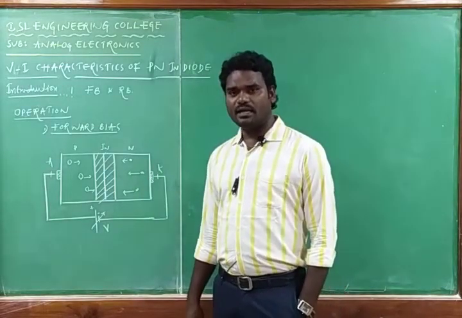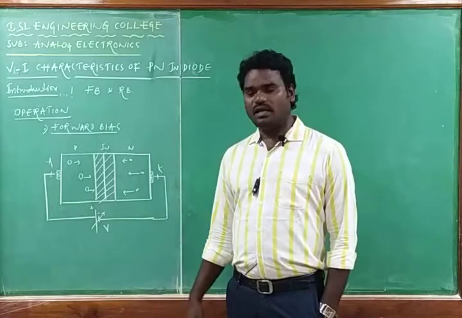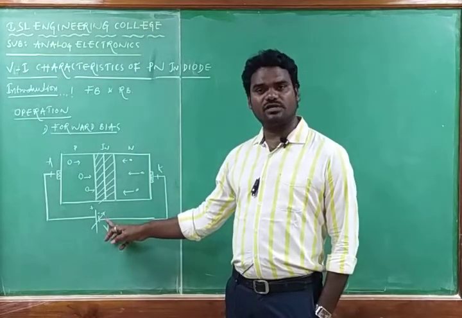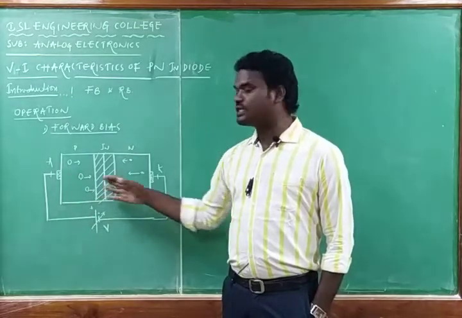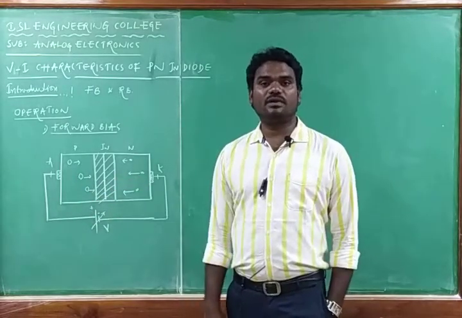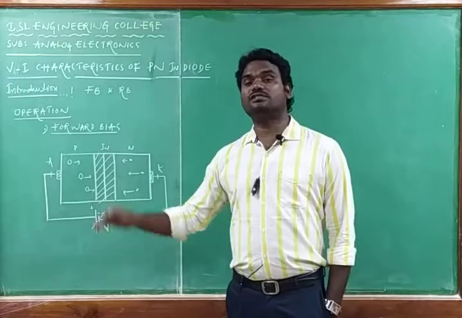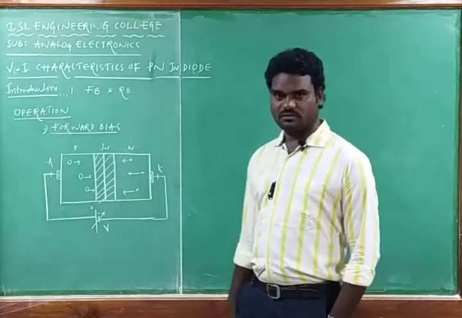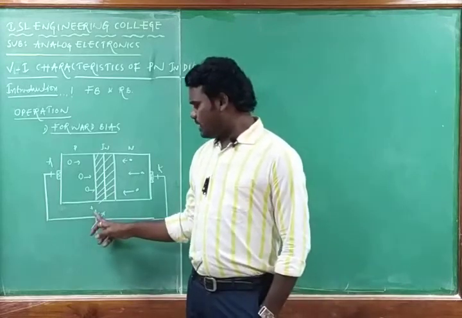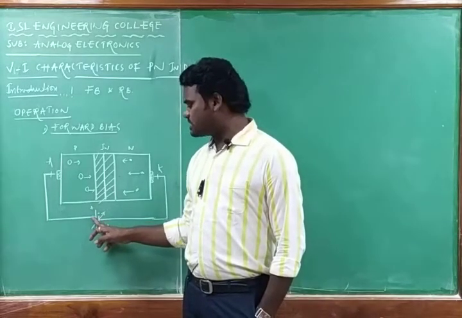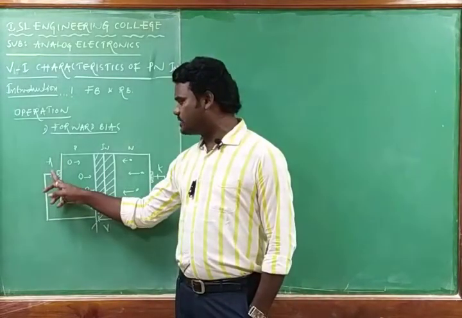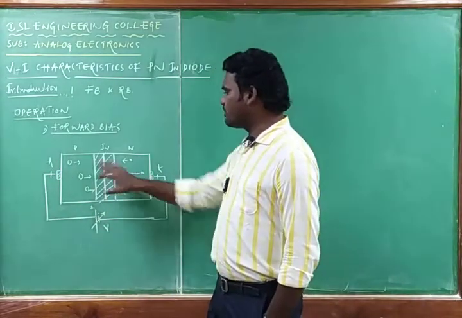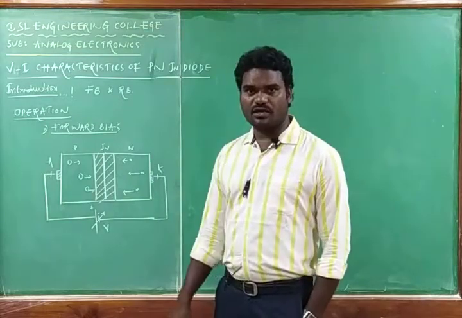I hope I am clear. Here this is forward bias, and the voltage is connected as a variable external DC voltage. By varying the voltage, we should study what the current through the PN junction diode is. Of forward bias and reverse bias, first of all I am going with forward bias. It is an external DC voltage. The positive terminal of the battery is connected to the anode, and the negative terminal of the battery is connected to the cathode of the PN junction diode. This is the PN junction diode.